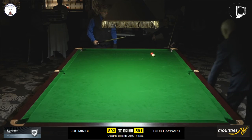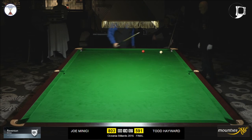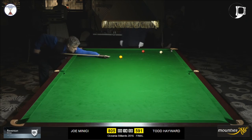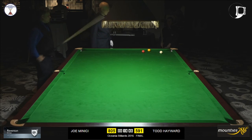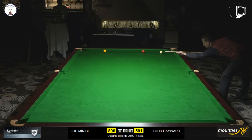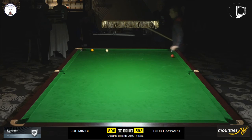Joe's tried to knock, possibly tried to knock that white just in front of the balk line, got the kiss. Now, Joe doesn't have to move this. This is in a difficult position for Todd to go for. He can't resist it. He's going for it I think anyway. Joe's decided he's already won, so he's had a bit of a mad go there. Very simple. If the score was closer or there was longer time, he wouldn't bother, just play a disturbing safety stroke to put his ball on the cushion, but he figures that he figures